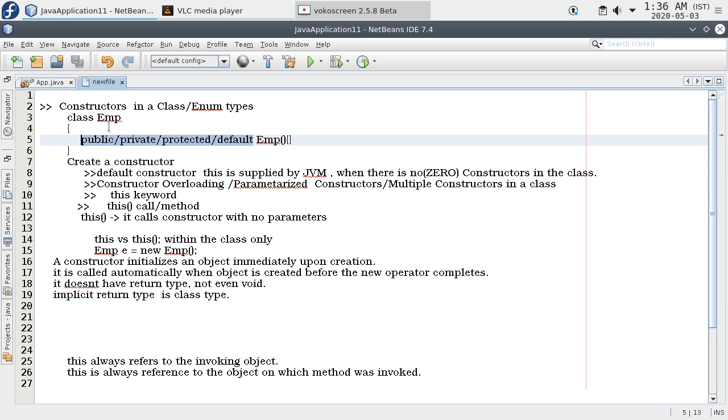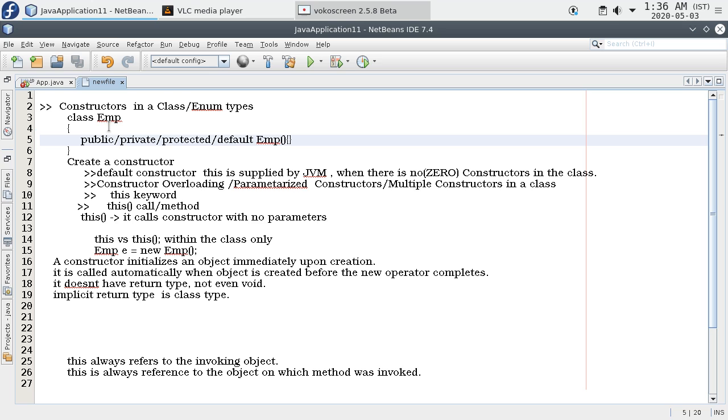So we need to specify modifiers. It has public, private, protected or default. Public modifier means an employee object can be created in the outside world.